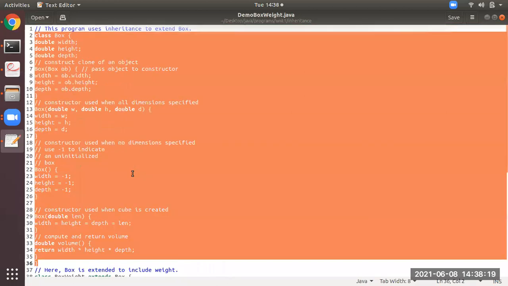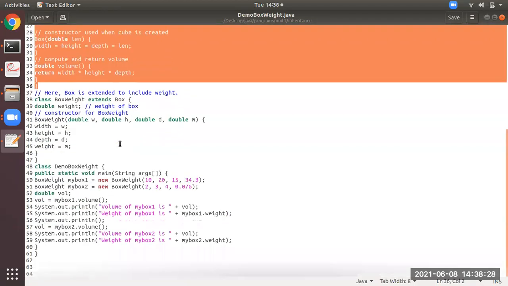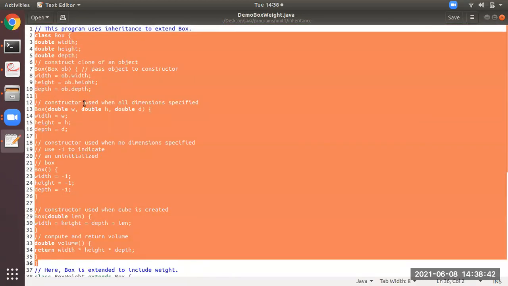Whatever is there in class Box, 3 variables and 4 constructors, all of them will also be there in class BoxWeight by default. You need not write them, just write extends Box, and everything will be there. So the advantage of inheritance is, if you have written this kind of code in class Box and want the same thing in BoxWeight, you need not write everything.